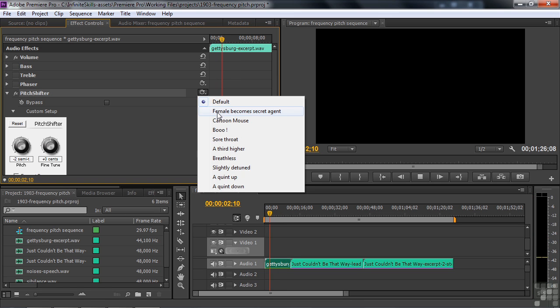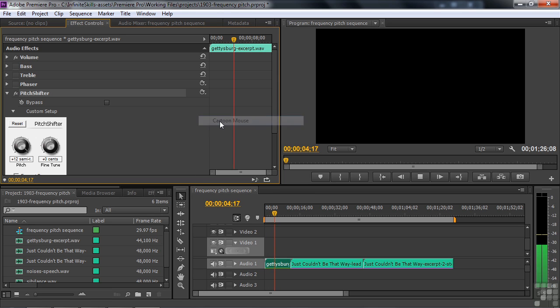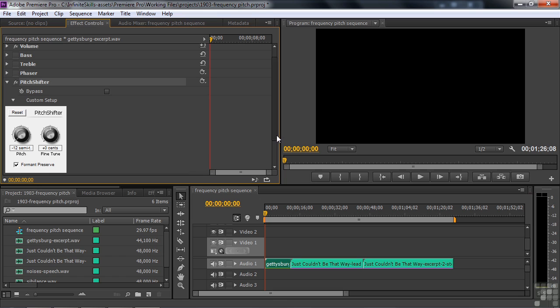7 years ago, our fathers brought forth on this continent a new nation, conceived. Proposition that all men. So those are the presets, and the way they're working is they're just adjusting the pitch